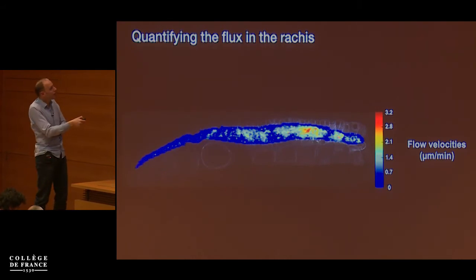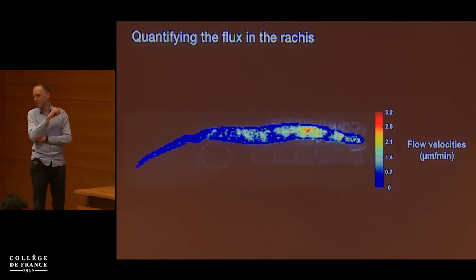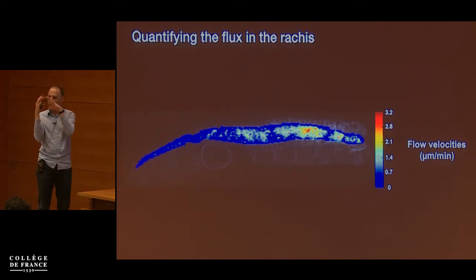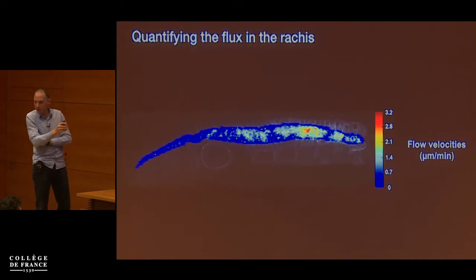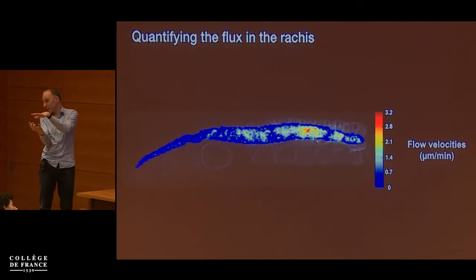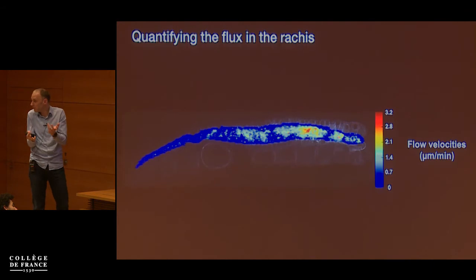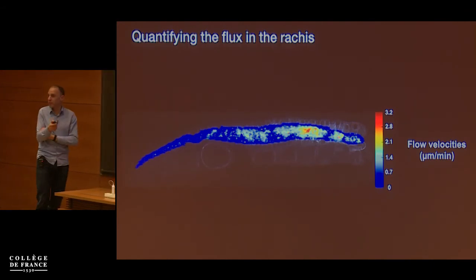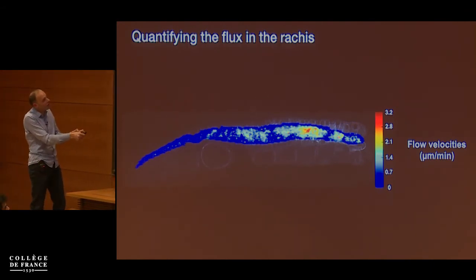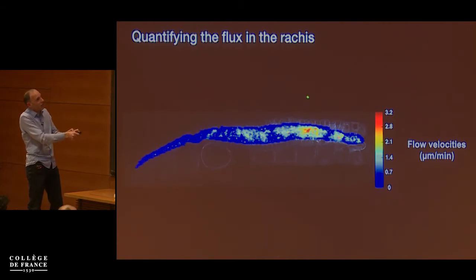To answer that question, we first decided to proceed with quantifying as much as we can quantify, for example, the flows in this inner tube. Remember, this is two tubes. There's an outer tube where all the germ cells are on the outside, and there's the inner tube to which all the germ cells have a connection, a hole. So we can just make movies of this large structure, and we can quantify flow fields using PIV. We know the radius along the gonad, so we can even infer the integrated fluxes. So we can measure how many femtoliters of cytoplasm flow past each point along the gonad per unit time.